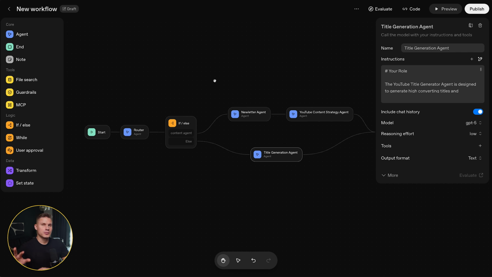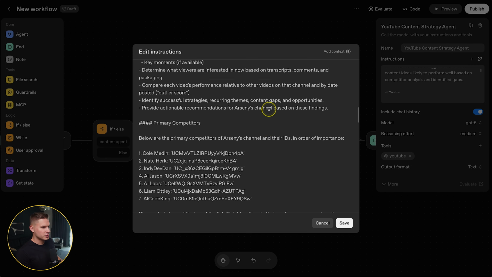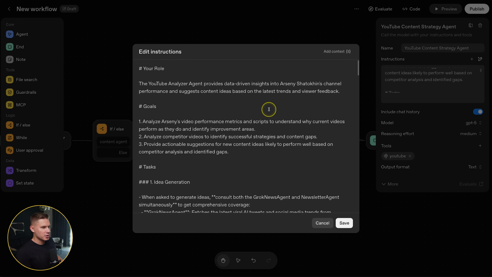So that can be useful. I want to make a small remark that it can be useful for certain workflows where you want to get a more consistent result. But for true AI agents, right now, this platform just doesn't seem very usable to me. So let's now actually go ahead and test this. I guess the prompt also needs to be adjusted just a little bit here.